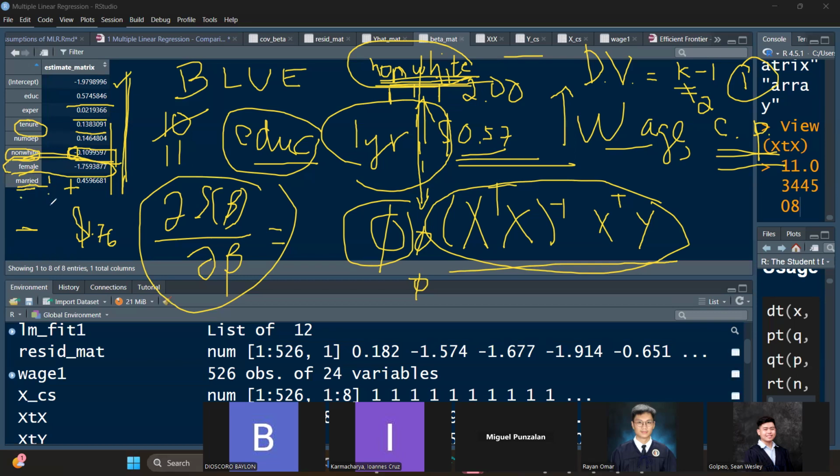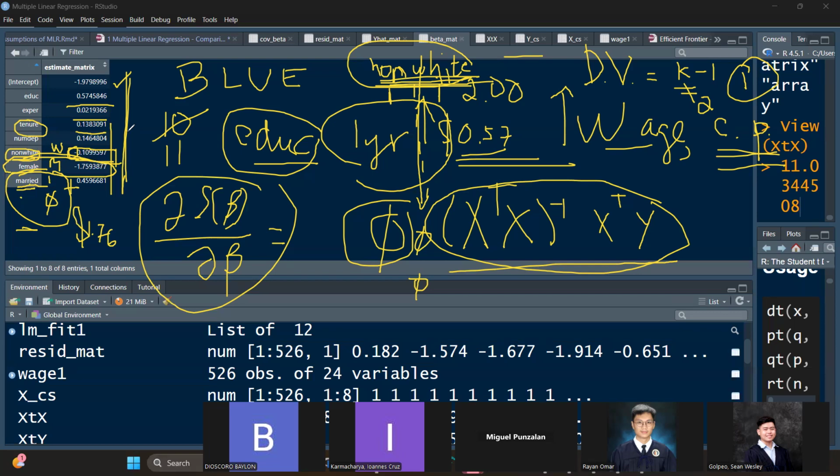Single is 0, right? This is your factor. One of them is 1 and 0 if there are 2 levels. So, who is the 0 here? Single. Who is the 0 here? Male. Who is the 0 here? White. Okay? So, on the average, white, male, single employees with 0 years of education, 0 years of experience,